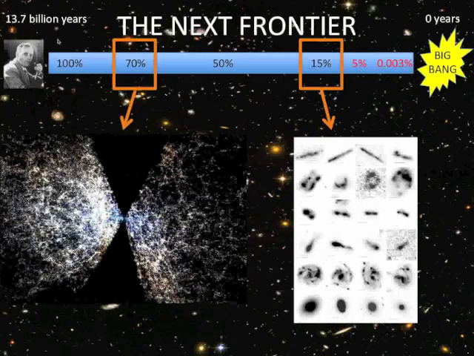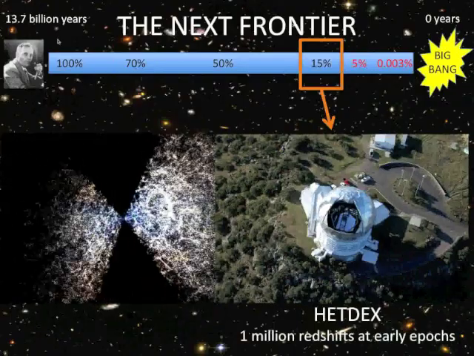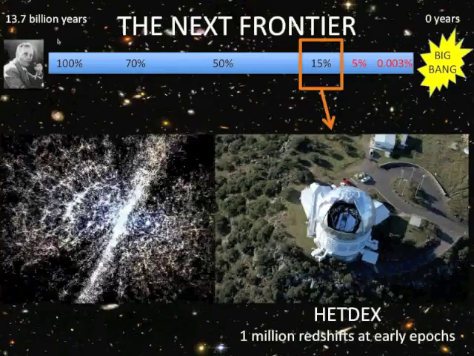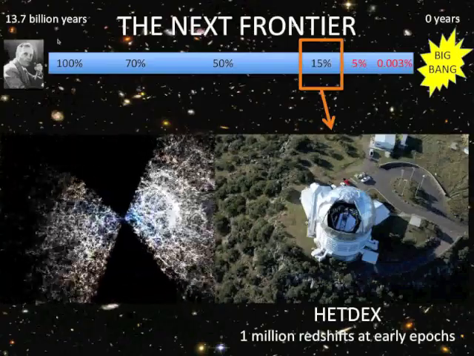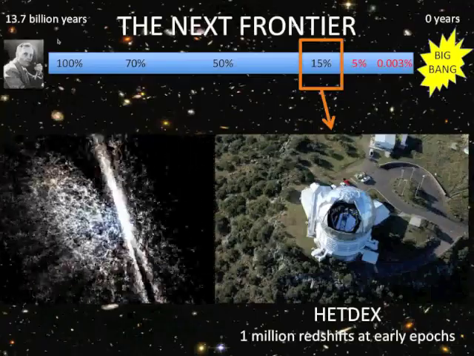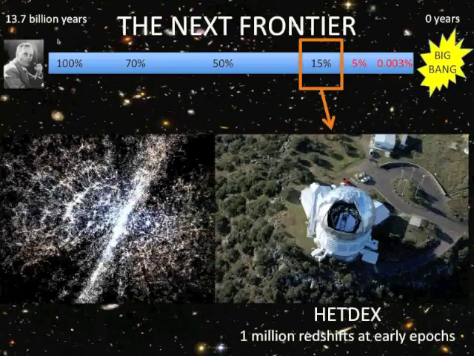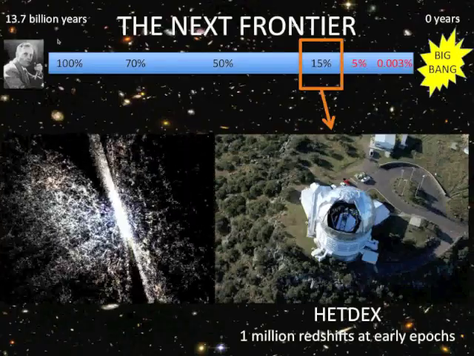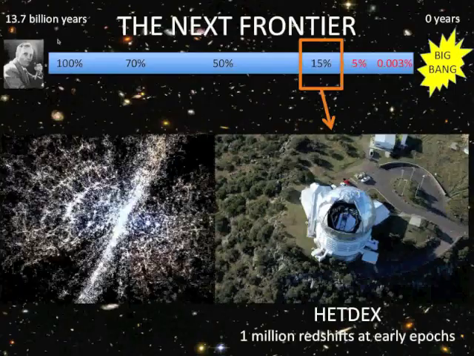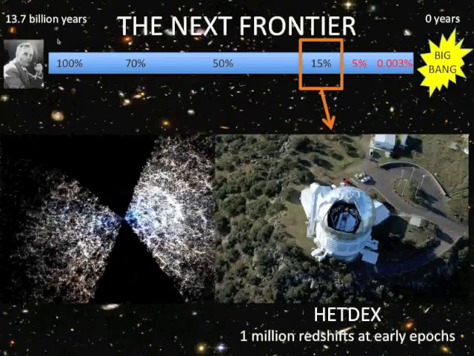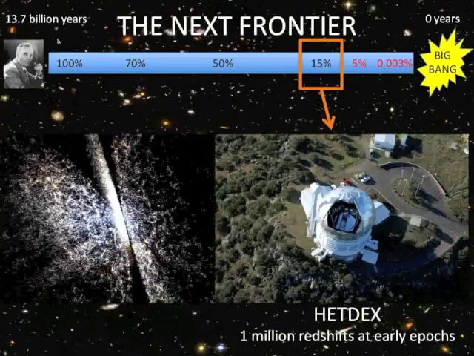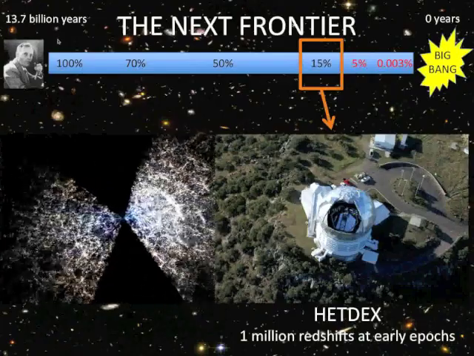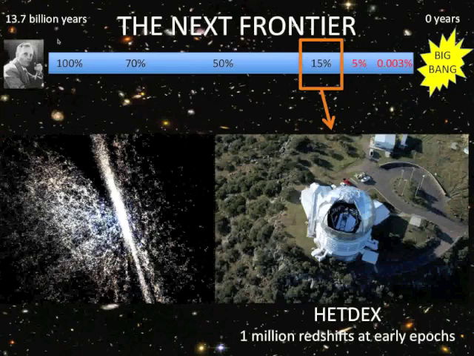So one project that I currently work on, and I think it's going to be of great value in the next decade, is called the HETDEX project. What we're doing is using a new type of instrument that we have built on a large 9-meter telescope at McDonald Observatory in Texas to measure the redshifts of roughly 1 million galaxies, but not in the local universe, but when the universe had roughly 15% of its current age. So remember I told you a map like this had roughly 300,000 galaxies? So you're going to be able to build maps like this, or even better than what you're seeing here, but in the very, very early universe.